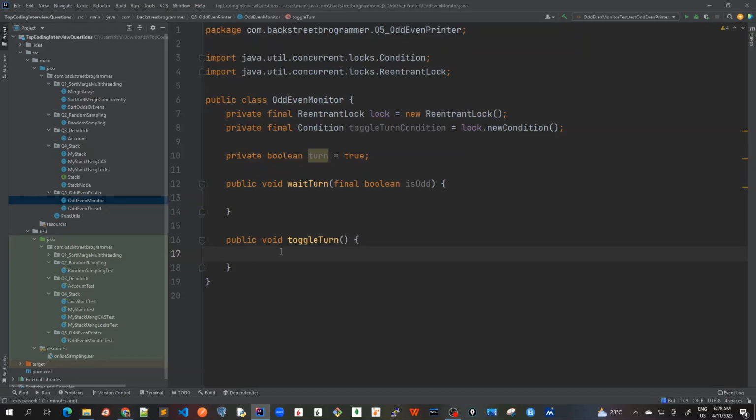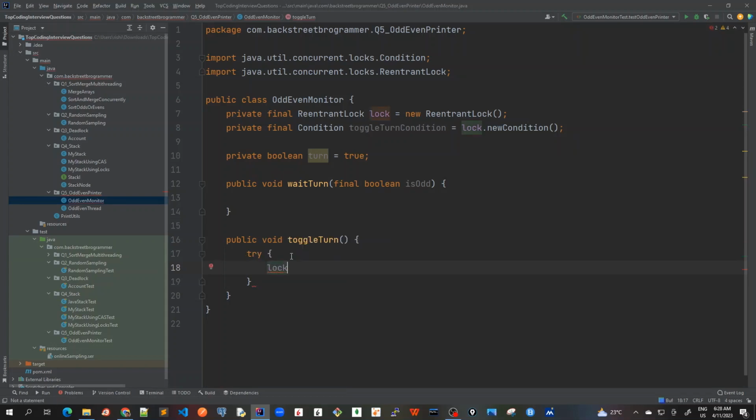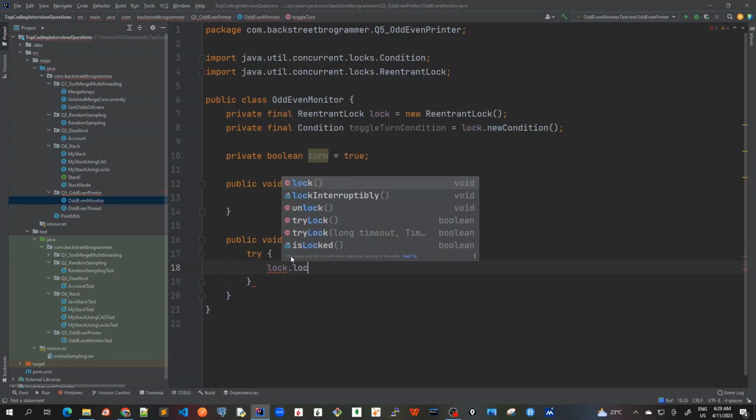For that, because this is a common variable which can be manipulated by two threads, both the odd and even threads, we have to use a lock here. So I will use a lock. Here I will just use try first, and inside this I will lock the lock that you created,